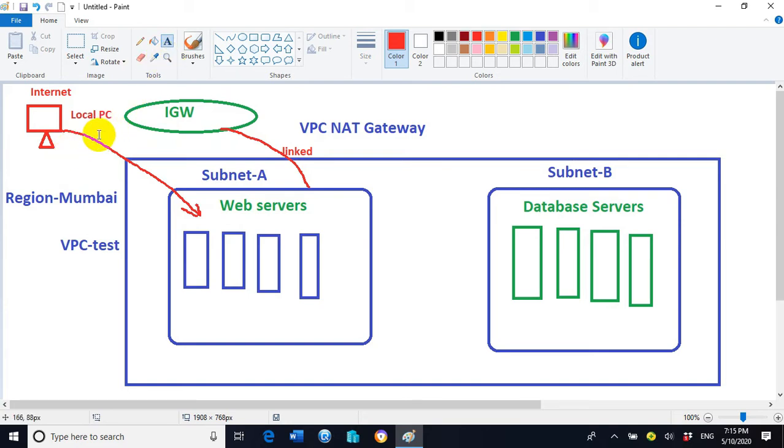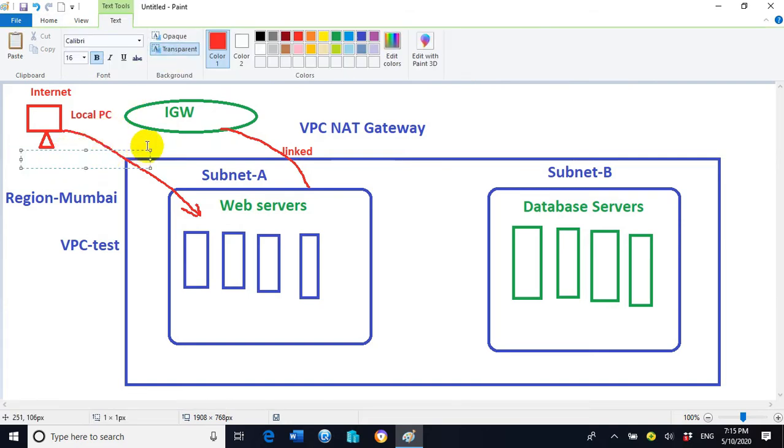It can be the RDP protocol or it can be the SSH protocol. We use the RDP protocol if the EC2 instances belong to the Windows operating system.